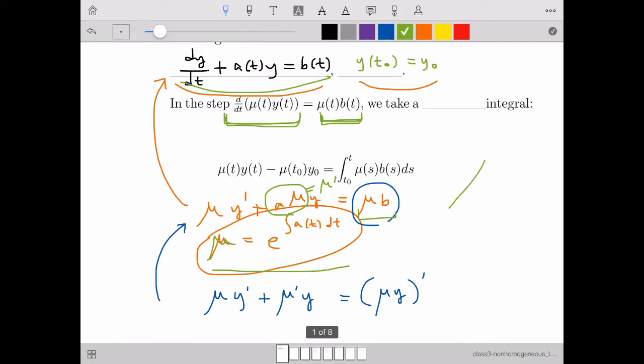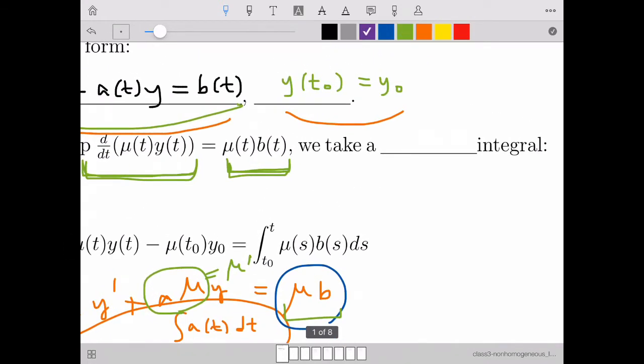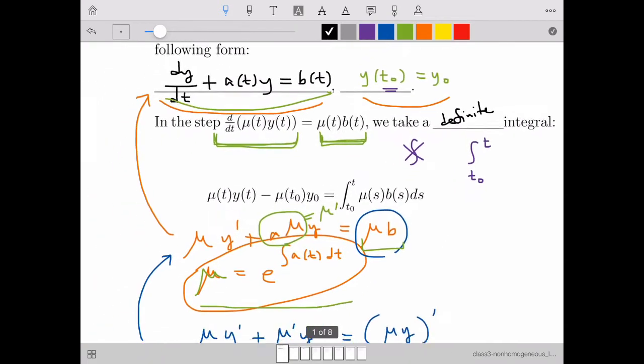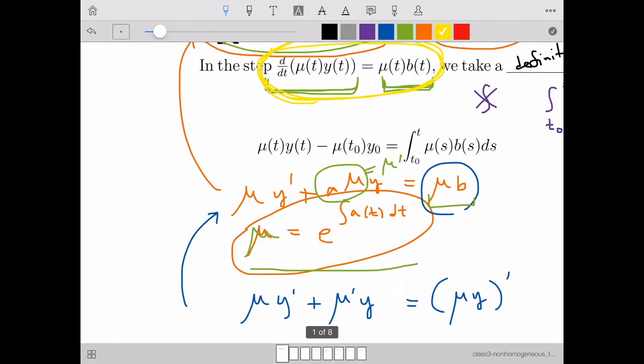So in this step, because we have an initial condition at t0, instead of taking an indefinite integral, we take the definite integral from t0 to t, because this is an initial value problem. So going back to this, we take the definite integral instead of the indefinite integral, because we now know the initial time. So if we write it again here,